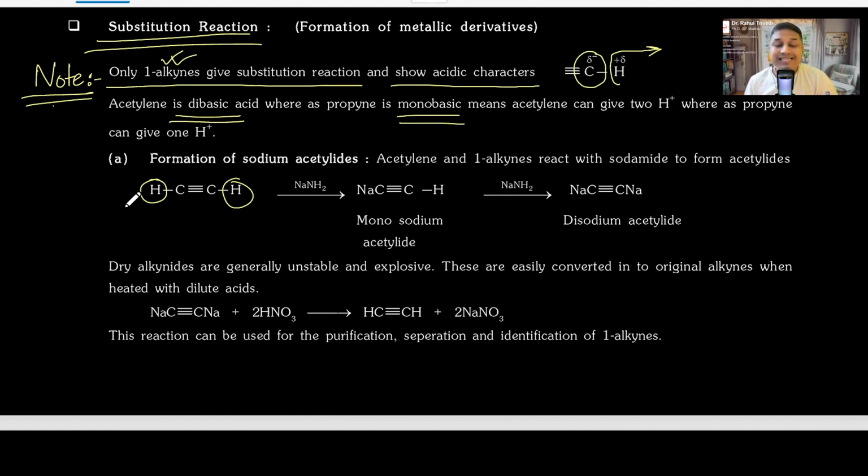So formation of sodium acetylides. So when they give away that 1 H plus by the action of some base, correct? In this case, a strong base is taken, which is a combination of sodium and amine, forming sodamide, correct? NaNH2. That NaNH2 here behaves as a base, and when it comes in close vicinity to, let's say, acetylene, Na plus goes and combines, basically substitutes one of the H plus, as you can see here. Is that clear? Substitution is happening? Yes or no? Very clear substitution. Yes, Na plus substituting H plus.